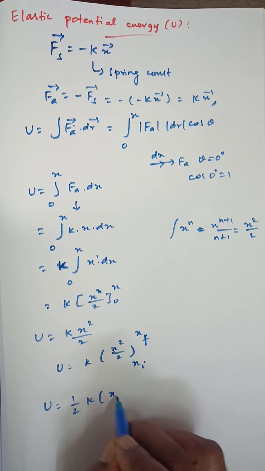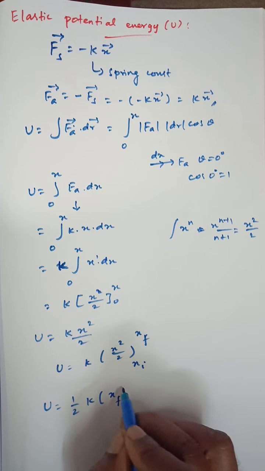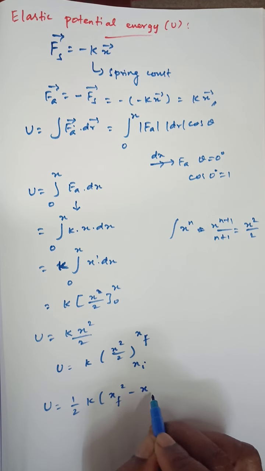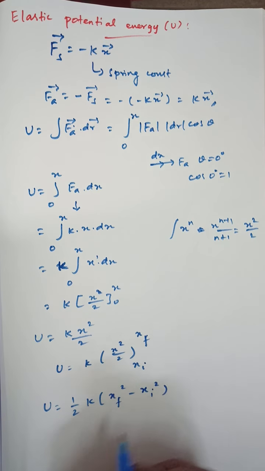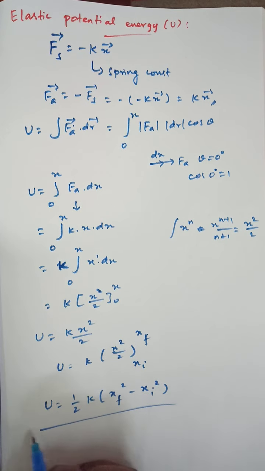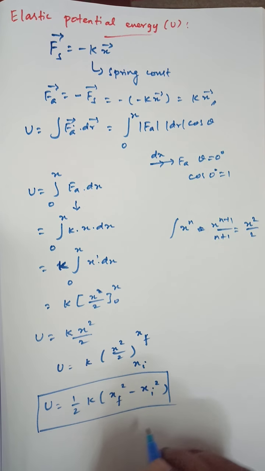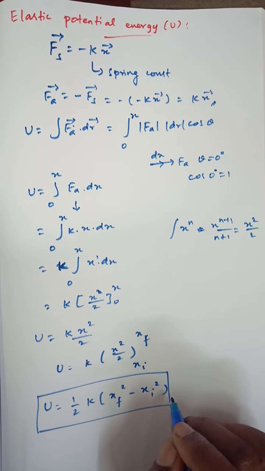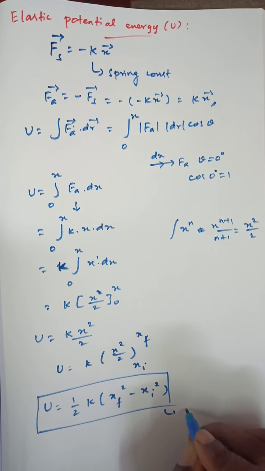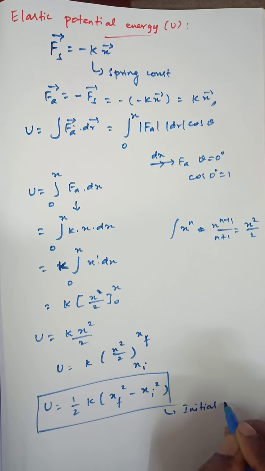So we write x of the final position squared minus x of the initial position squared. Clear? So this is the formula for elastic potential energy. If the initial position of the object is not 0 here,